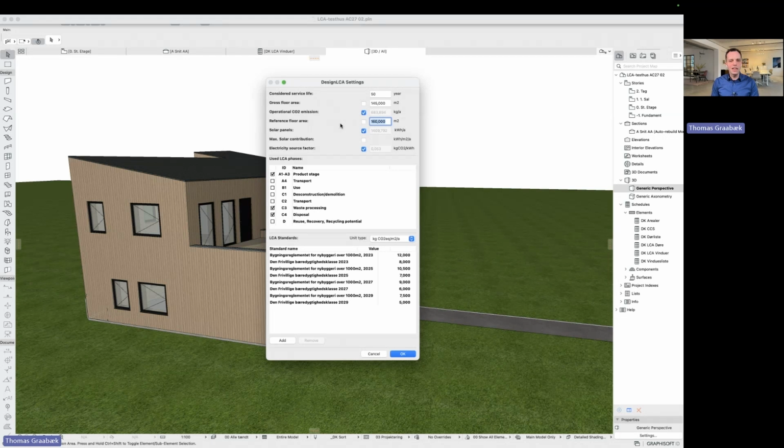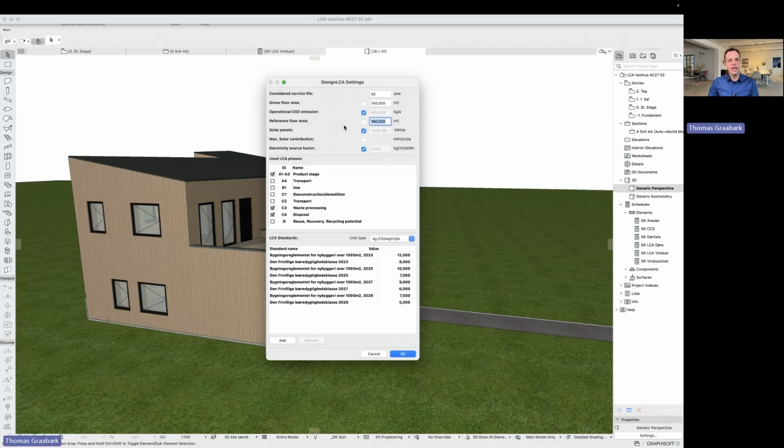And that's mainly because that's what we have to do in Denmark. We have to split this up in 2 different areas, where the reference floor area will include balconies, staircases outside the building, attached carports and stuff like that.